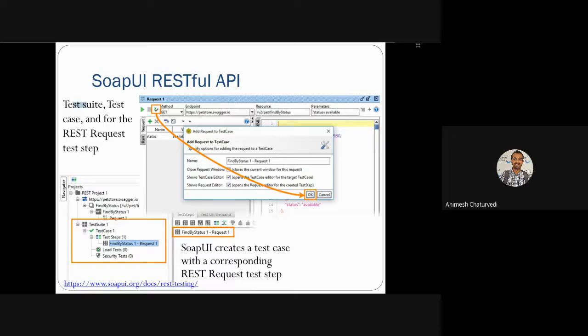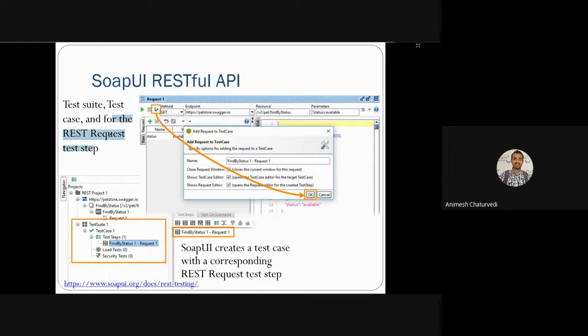So you basically have a hierarchy of test cases. The test suite is the topmost thing after the project. So you have first the project, then you have a hierarchy of test suites. In those test suites, you will have various test cases, and in those test cases, you mention the RESTful request.